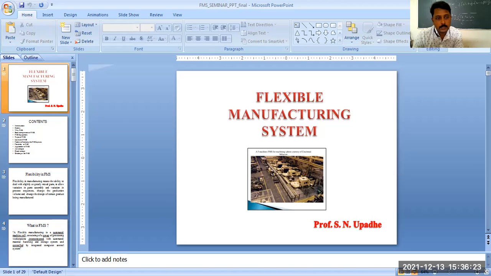There are advantages: reduced setup and queue time. FMS is important, it gives advantages. We can improve the efficiency of production. We can reduce the time for product completion from raw material to final product. We can utilize human workers better. Improve the product routing. Routing means from raw material to the first operation, second operation, third operation. That routing is what we can improve with the help of FMS.